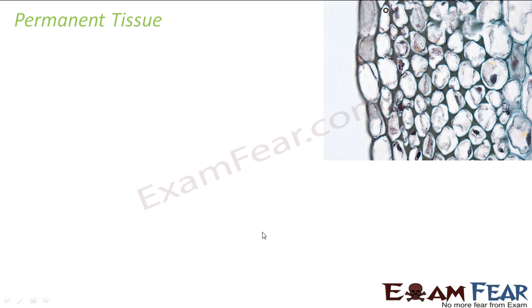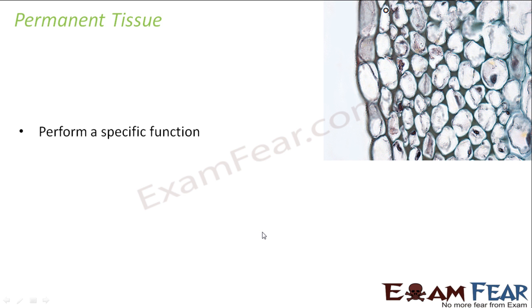Let us now see permanent tissue in a little more detail. As I mentioned before, permanent tissues are those tissues which do not have the ability to divide. In one of the previous slides, I explained that when the meristematic cells divide, some of the new cells stay within the meristem, and some are thrown out away from the meristem. Those cells which are thrown out are known as differentiated cells, and when they mature, their characteristics change and they become permanent tissue. These permanent tissues do not have the capacity to divide.